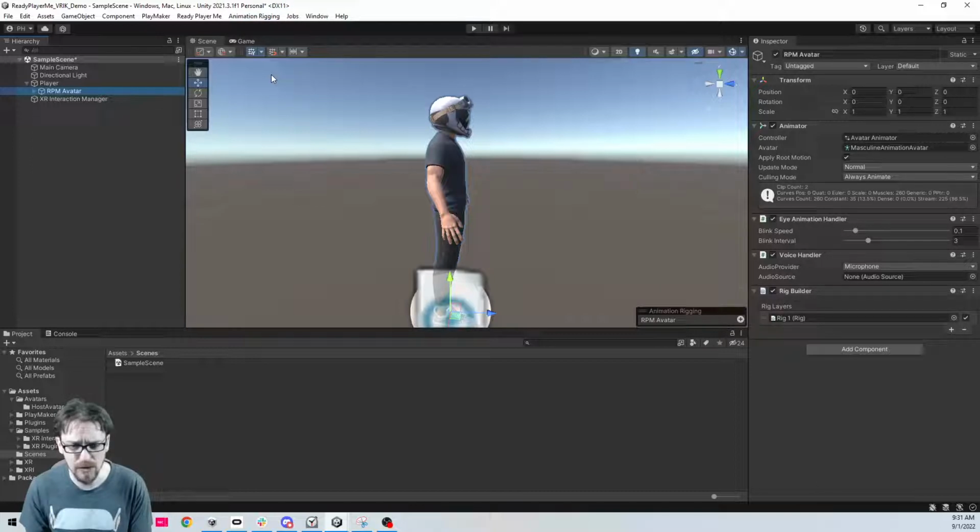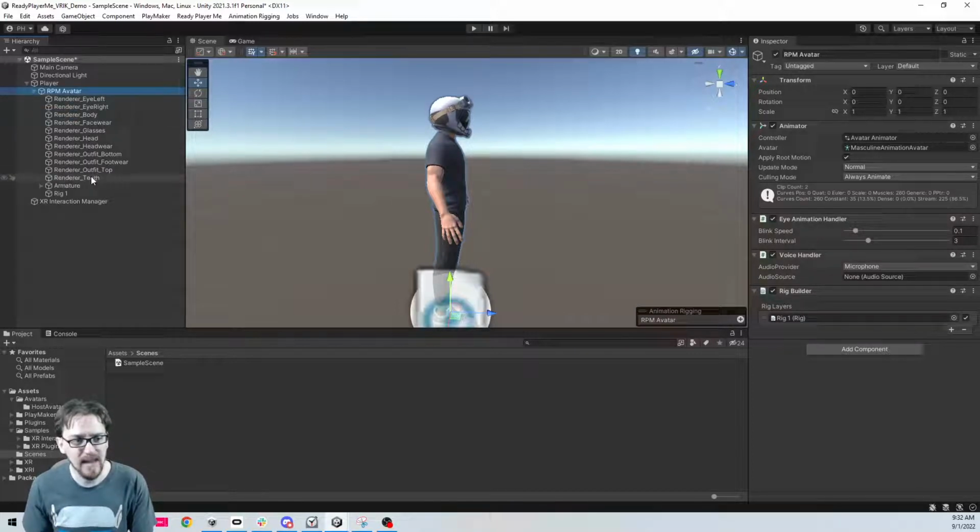Now, something that I should note real quick, once you start adding pieces to your rig setup, you can't change it that much. So what we have now is on our RPM avatar here, I have this rig builder component and I have one rig. I mean, you can have multiple rigs, but you can't have them all active at the same time, I don't think.